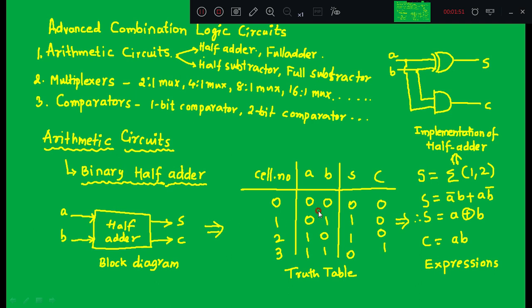When you add 0, 0, sum will be 0, carry is not generated. When you add 0 and 1, sum is 1, carry is 0. When you add 1, 0, even then sum is 1, carry 0. When both inputs A and B are 1, 1, in that case sum is 0, carry is 1.